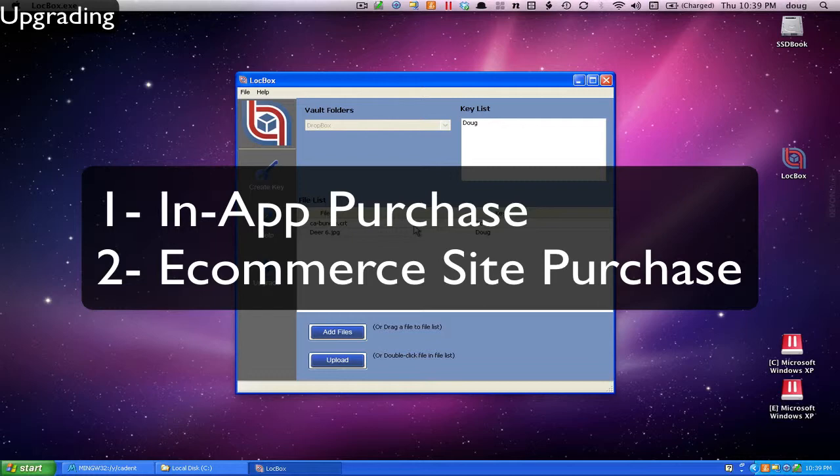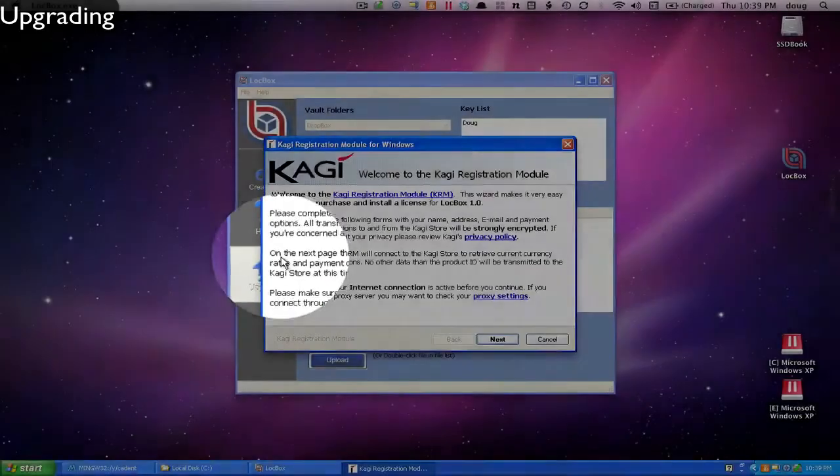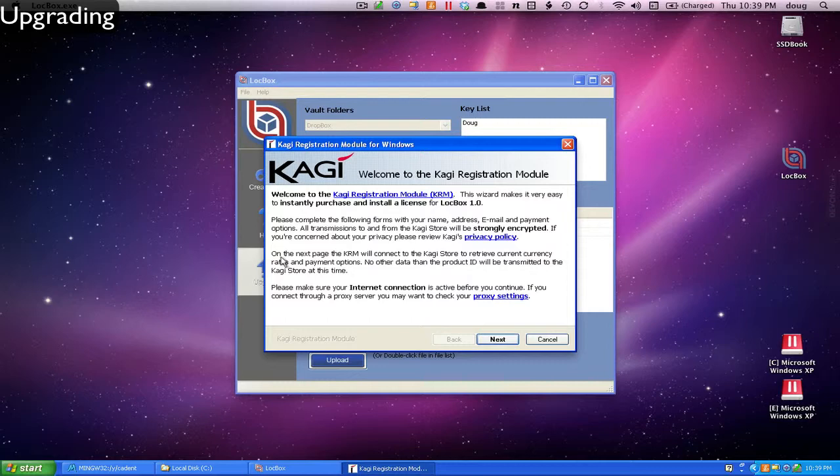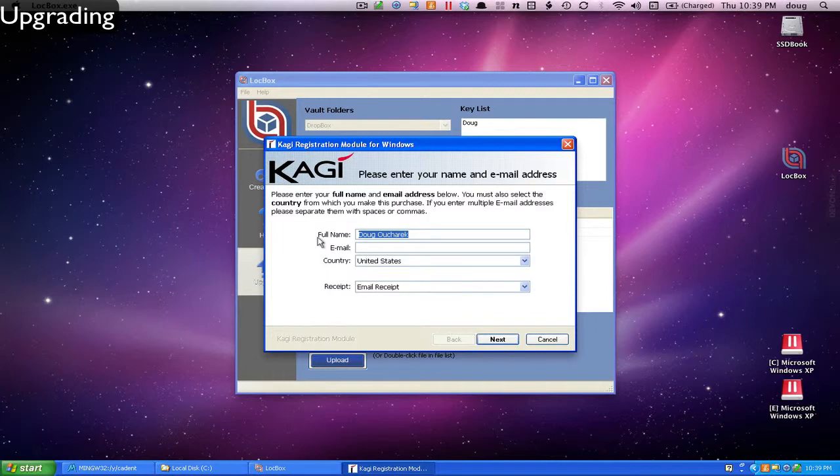product itself. Here I have the Windows version of LocBox running, and in the toolbar you will see an upgrade button. Clicking that launches a sub-application that belongs to the e-commerce provider that we are using called Kagi. Clicking next brings up the request for the information that we need to do the upgrade, which is namely your full name, an email address,